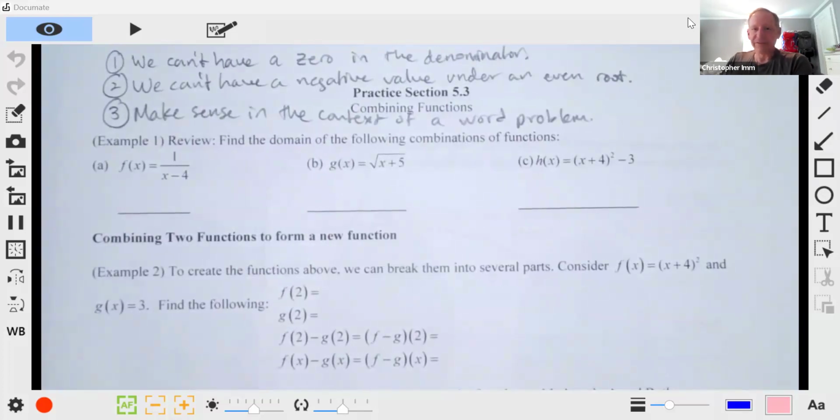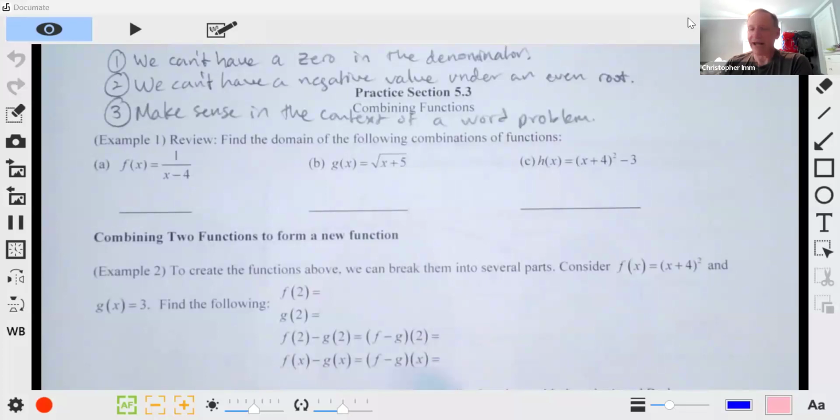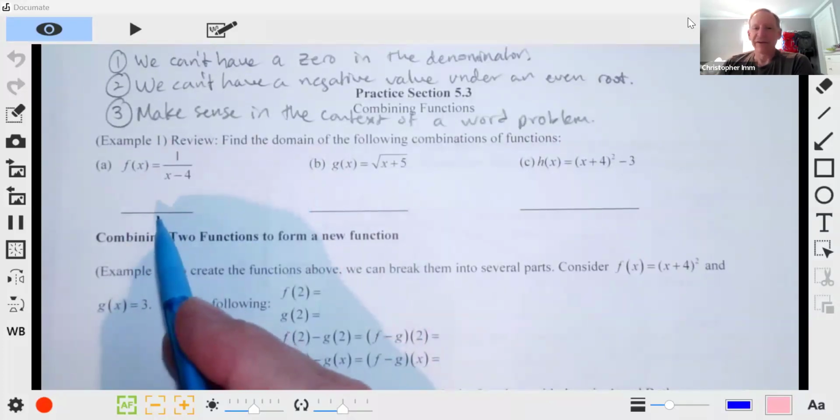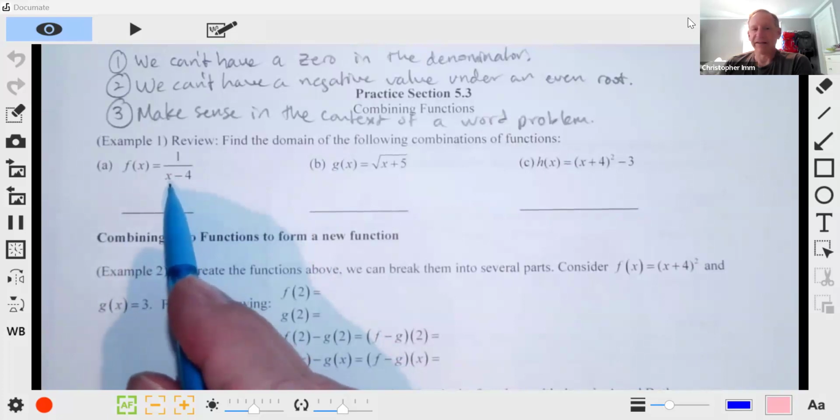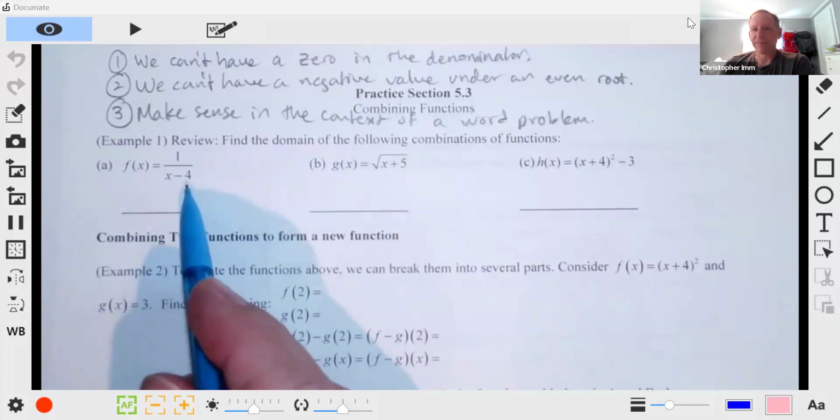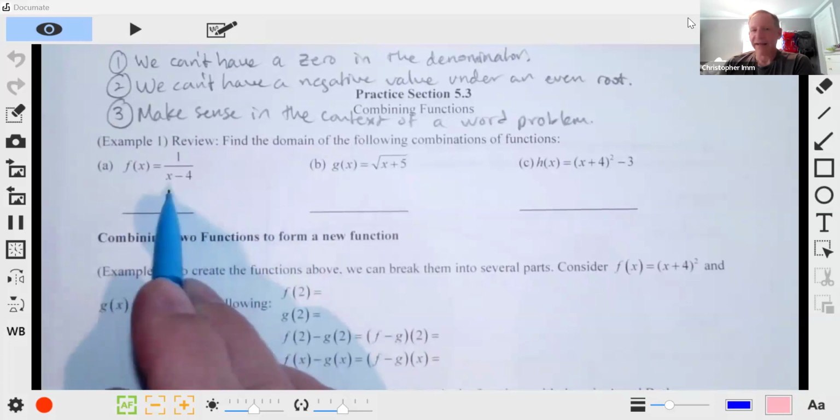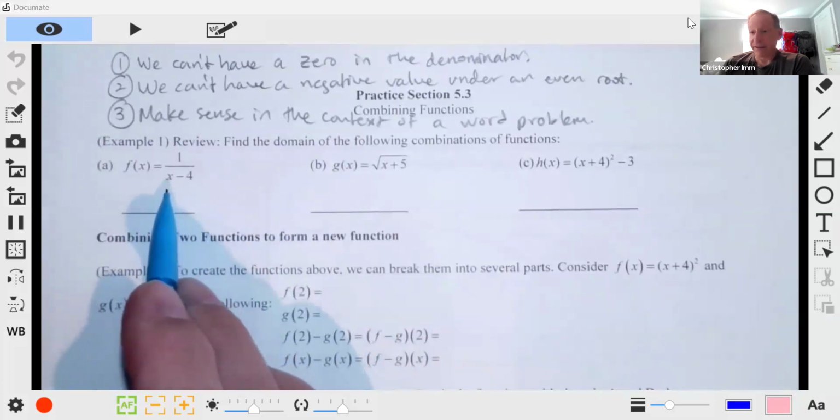So when we're working with functions, the first thing we need to do is find their domain. I have three examples here. Let's look at f of x first. I want to find the domain of this function. Notice that right here we do have an x value that's in the denominator. So we know that when x is equal to 4, that denominator is going to be 0 and we need